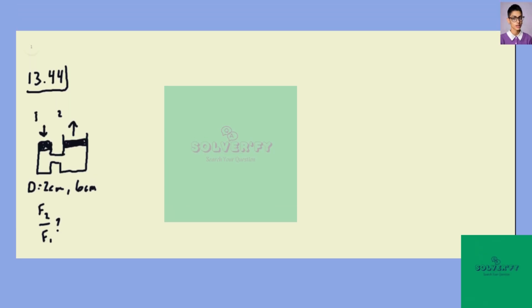Problem 13.44, we have a hydraulic piston setup here. We're told that the diameter of this smaller piston is 2 centimeters. The diameter of this larger piston is 6 centimeters. And so we know from Pascal's